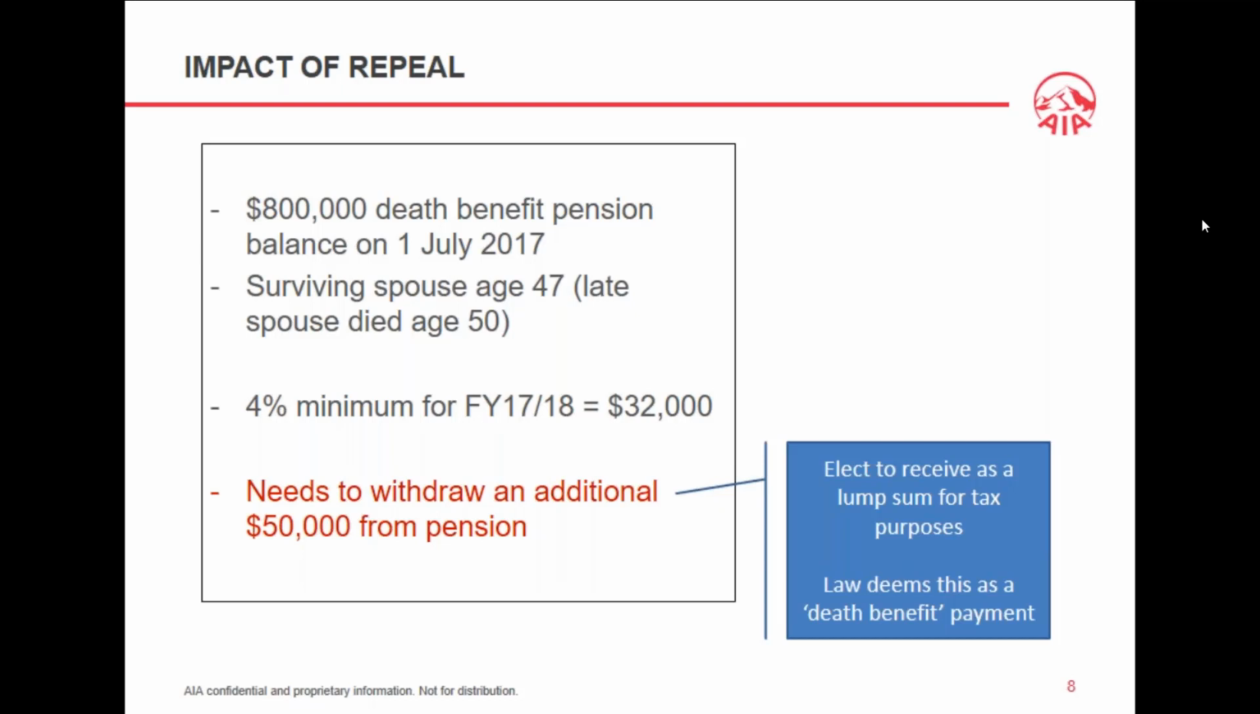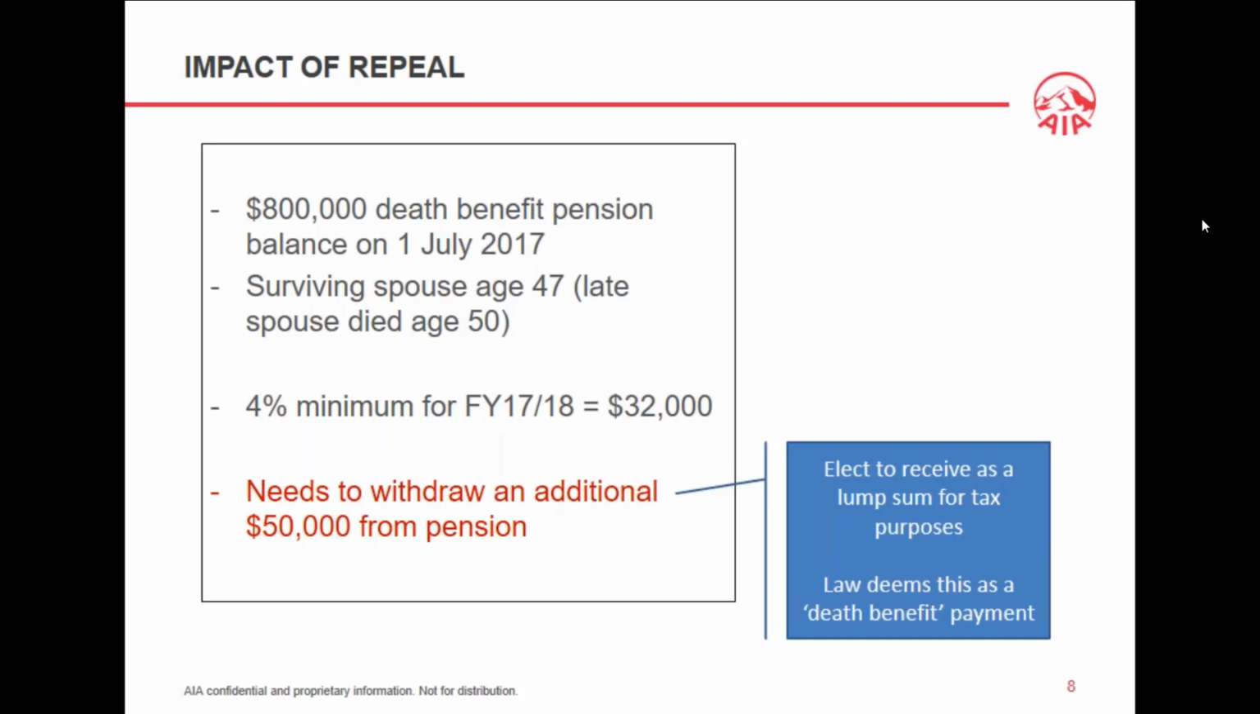But in this situation, the repeal of the death benefit period creates a value add opportunity for you and your clients that are in this particular situation. So let's imagine that in addition to the $32,000 pension payment, mum needs access to an additional $50,000 of capital from this pension. Now, if that is the case, given the change to the law from 1 July 2017, if mum were to elect to receive that $50,000 amount from the pension balance as a lump sum for tax